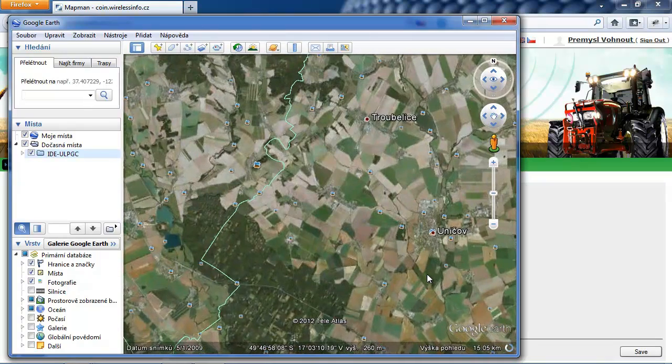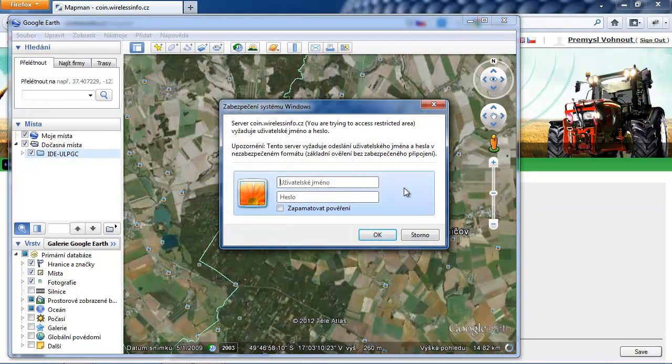To view this data in Google Earth, you must also provide password.